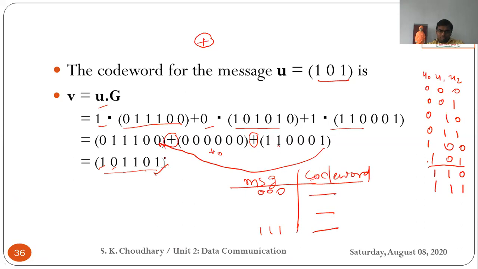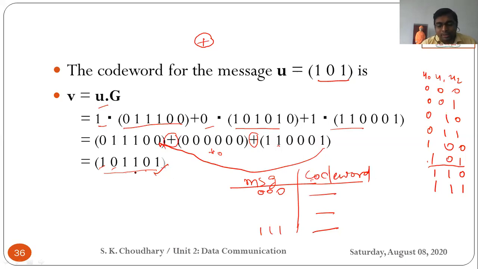Instead of that 101, you can take 100, you can take 111, and just do the procedures, and you have to get to this particular final value, and just cross match it. You have to just do a cross matching with the table we have given.